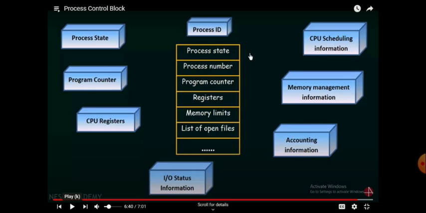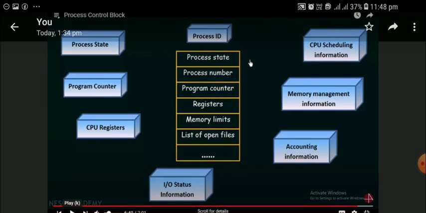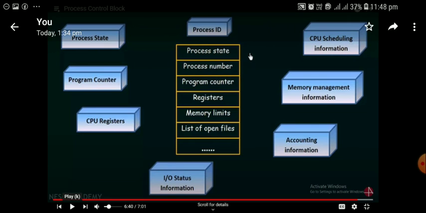And finally, accounting information. What do you mean by accounting information? Accounting information determines what all the resources used by the process are. Resources are nothing but CPU, memory. So all these details are given by the accounting information.